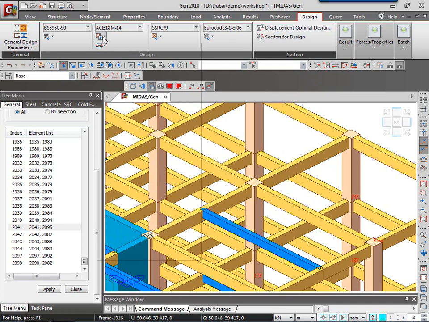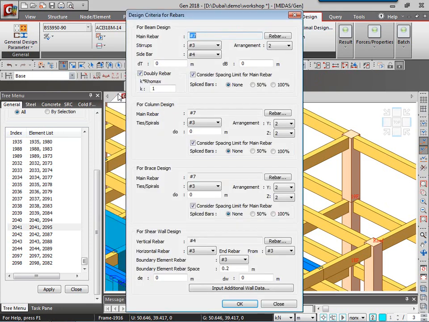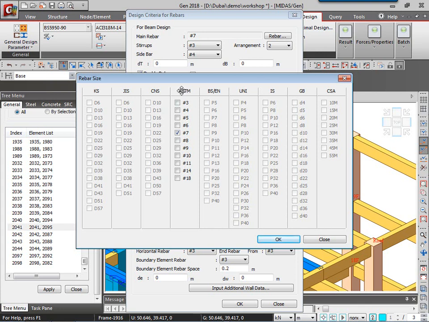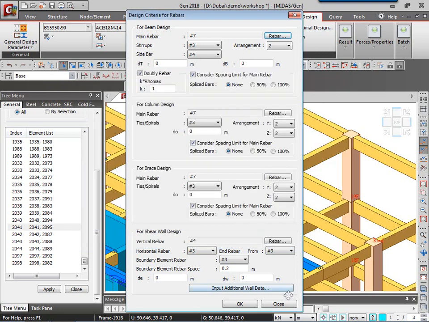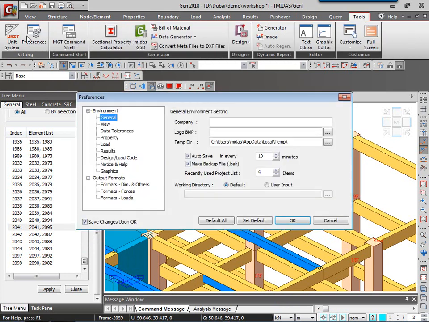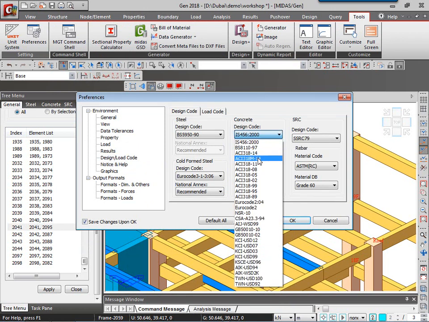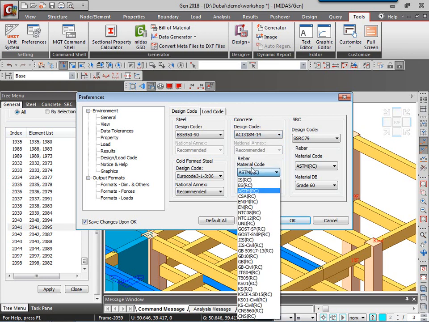Again, I'll go to the RC design. After modify concrete material, the next important thing is design criteria for rebar. So here I'll have to select from the rebars. This is ASCM, however we need to choose from the BS EN. I'll close this dialog box and this dialog box as well, and go to the tools and then preferences, to the design preferences basically, wherein I need to select the design code and the rebar material code,